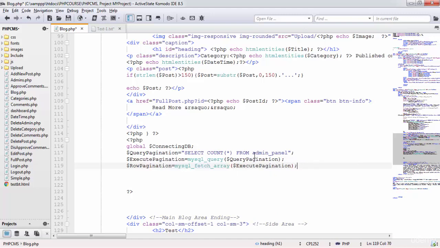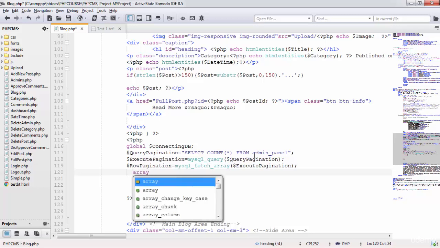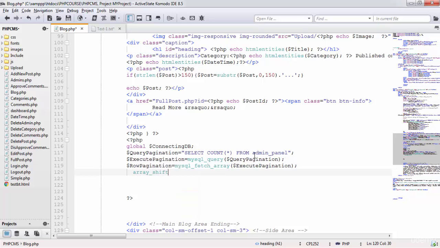Now as we don't have to use the while loop, instead of while loop we can use the array_shift function to avoid error and fetch all the results. So I'm gonna add array_shift function here, and we are going to apply it on row_pagination,